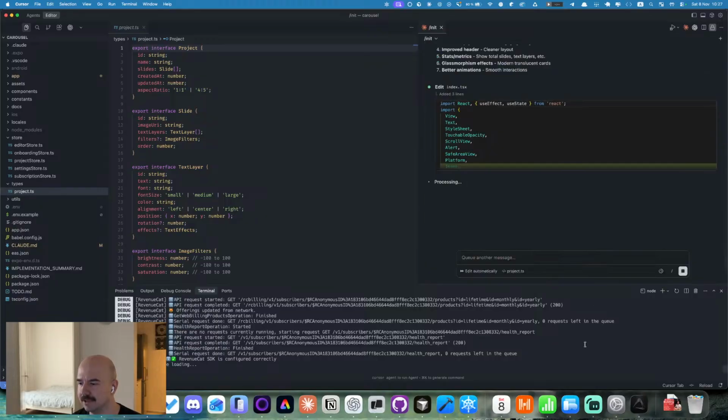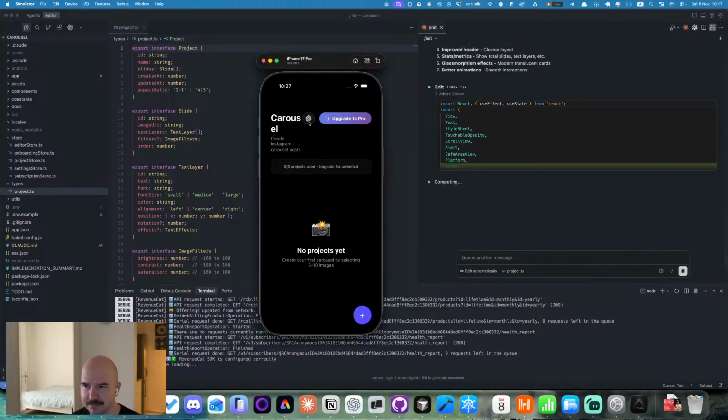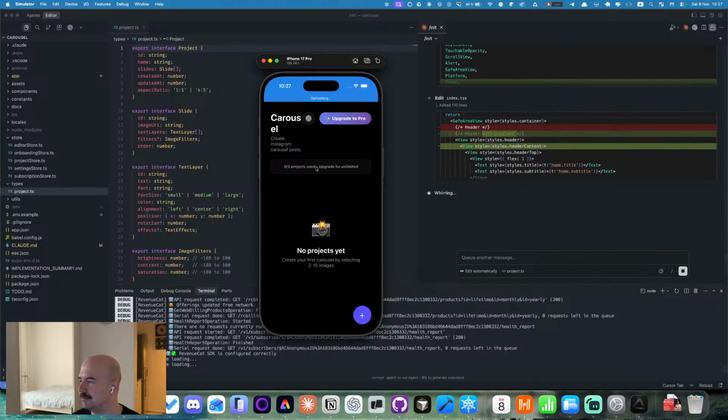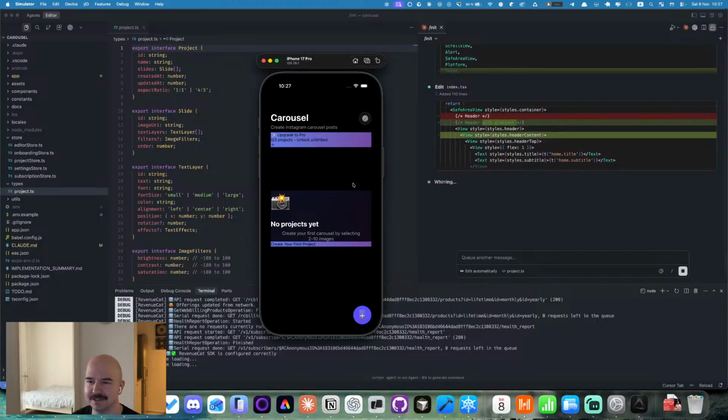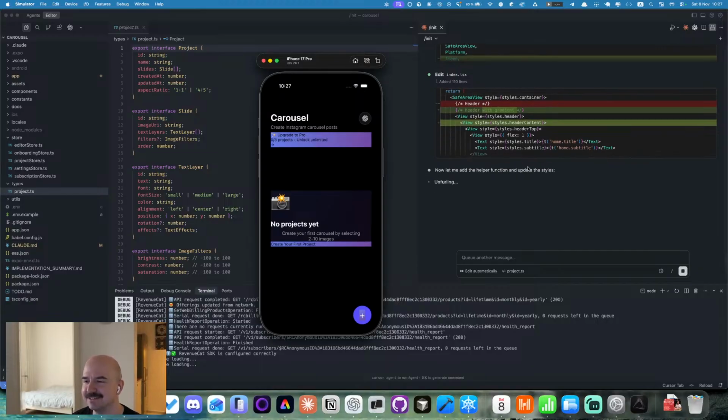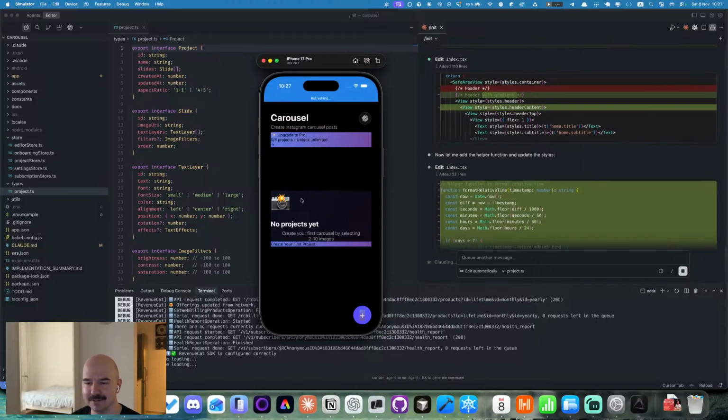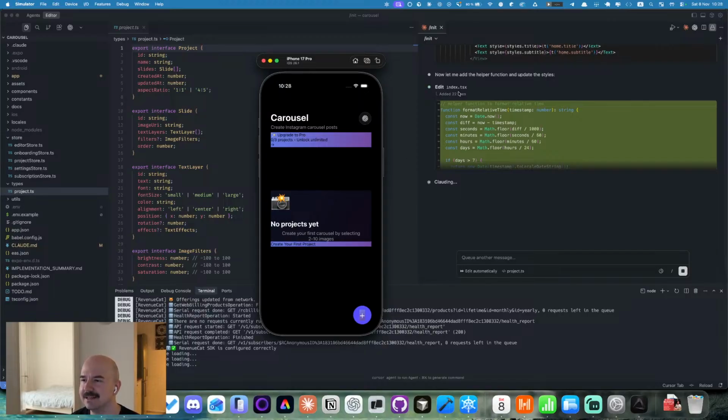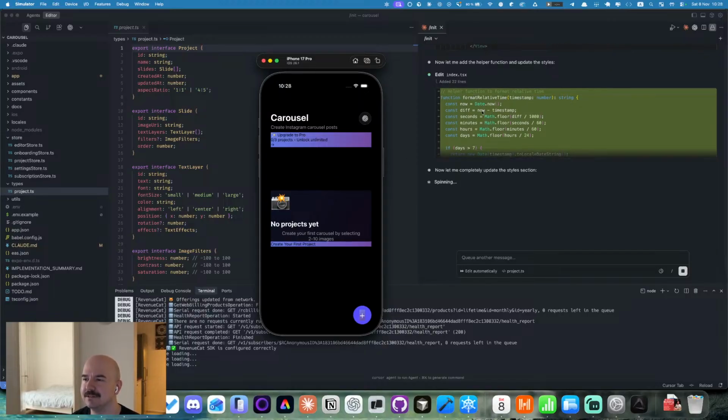So we will have some gradient here, but my main thing here is we have this ugly column, and it is very strange. We shouldn't have it here, and upgrade to Pro probably should be more like that. So this thing understands me. It just destroys the styles, but it is doing the thing I would do by myself. So we are getting some relative format times function.